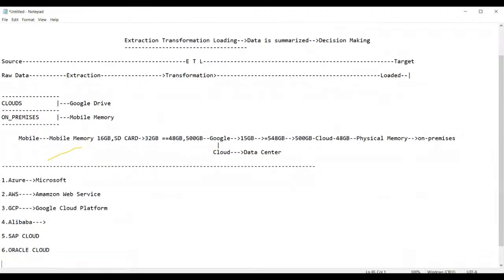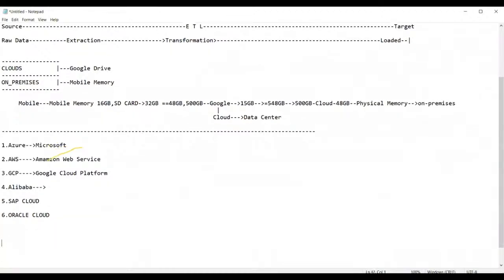Now, guys, these cloud services are basically classified or divided into three categories. The first one is IaaS, which stands for Infrastructure as a Service.